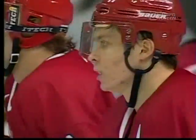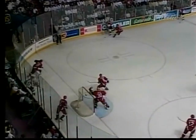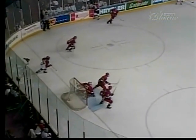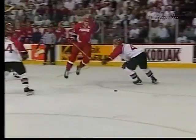whether premeditated or not, in his mind, just a little bit of evening the score after the Russian goalkeeper Volkov was knocked down. We talked about how quickly the defense for Russia moved the puck. Let's go back and just show you an example, folks. Watch him right here. Safronov, as soon as he gets the puck, he just wheeled it out. He didn't even know who he was going to put it to. He did know that there was a man way up in the neutral zone, but he just fired it out